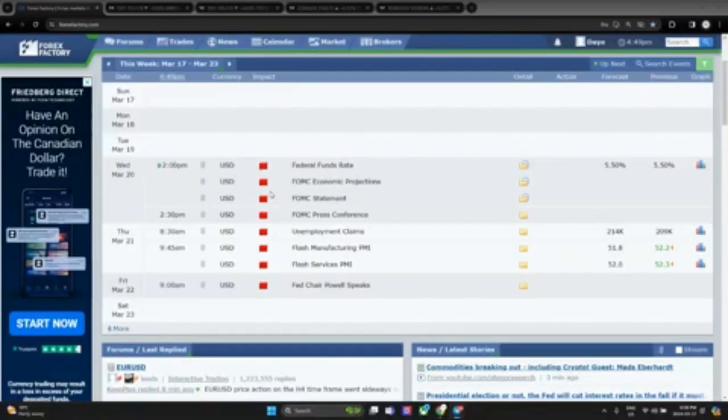Because remember, the thing that we focus on most is time, right? And the days of the week that have the most red folder news, you don't need to know what they mean. I could just be looking at the chart right now, make this part blank and just look at these, and I will have an idea of which day the low of the week will form. So just by looking at this, right?